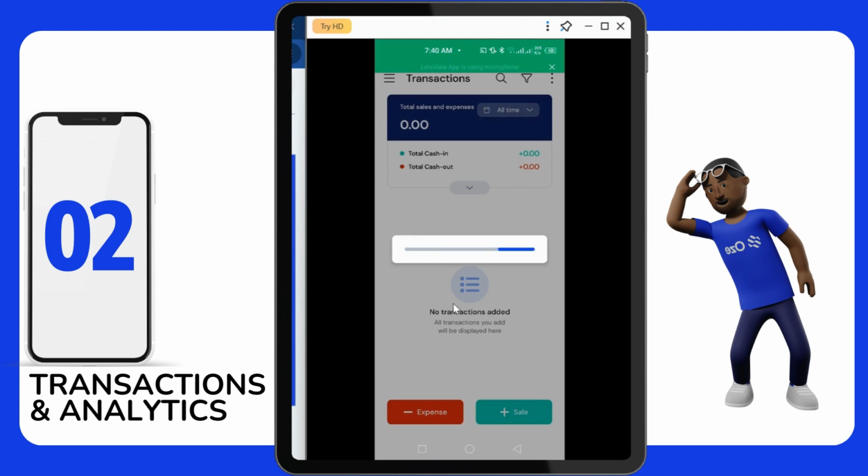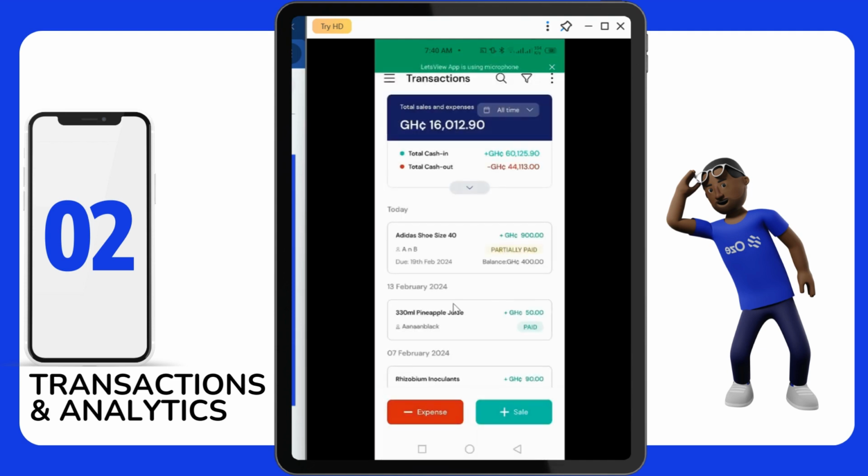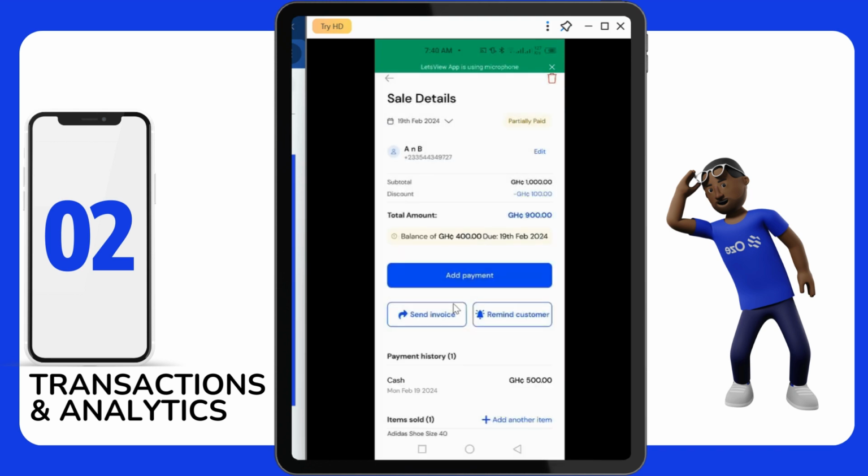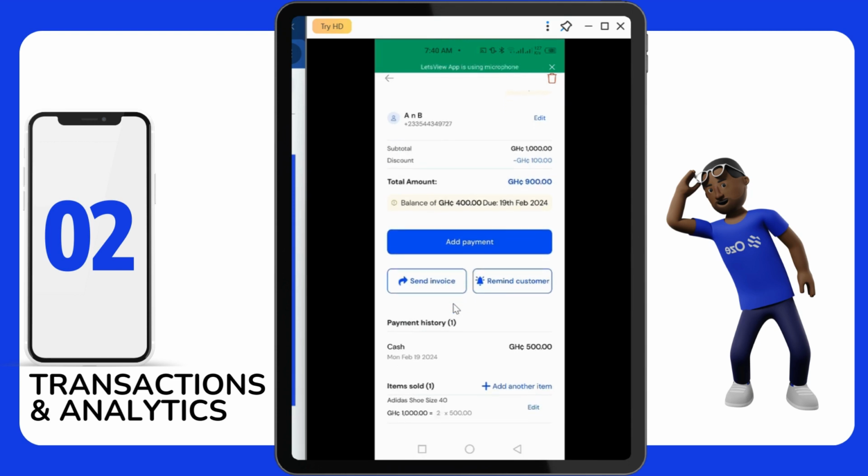By saving this transaction, I can see it in my transaction list. Now you can see today I sold an Adidas shoe size 40 for 900 cedis, which was partially paid. The customer details are A and B, and the payment is due today. The balance of 400 Ghana cedis is left. So I can click on this transaction again and send an invoice to the customer, or I can remind the